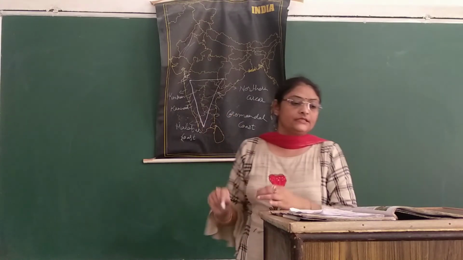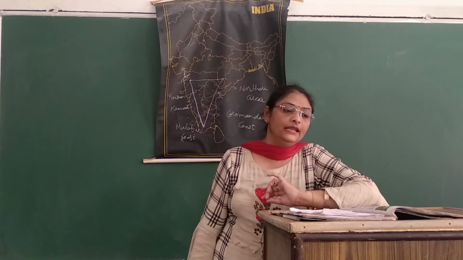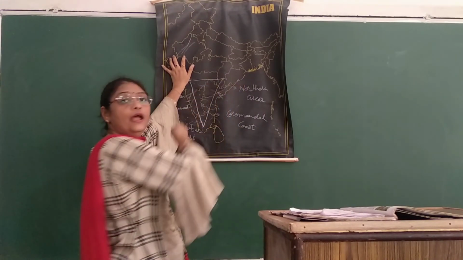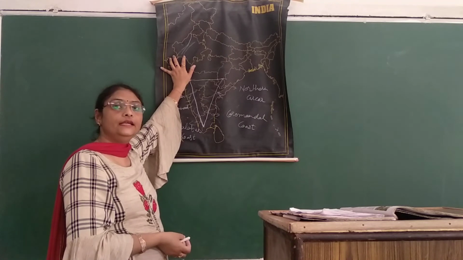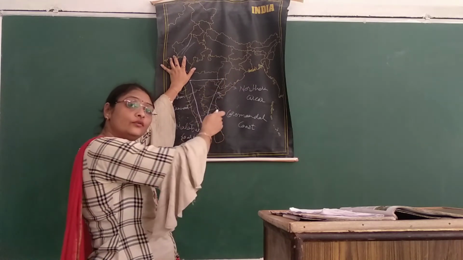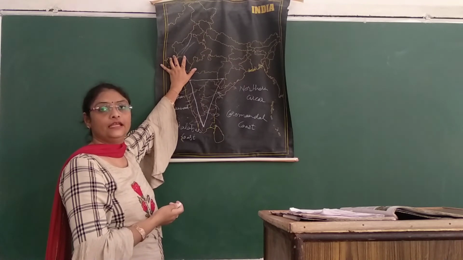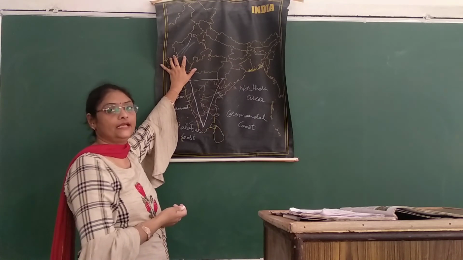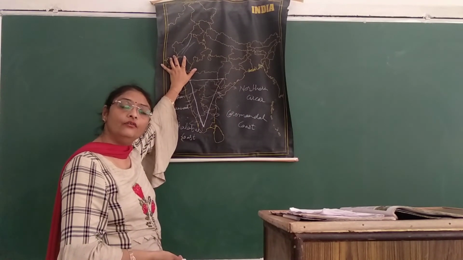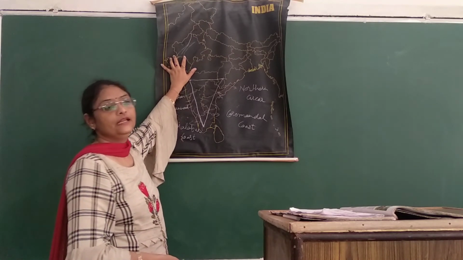In the eastern coast, Chilika Lake is the largest saltwater lake in India. This lake is formed in Odisha at the south of the river Mahanadi Delta. Where the river Mahanadi forms delta in Odisha, at the south of this, a lake is formed. The name of this lake is Chilika Lake, and this is a salt water lake which is formed from the oceanic water, from the water of Bay of Bengal, and this is the largest salt water lake in India.